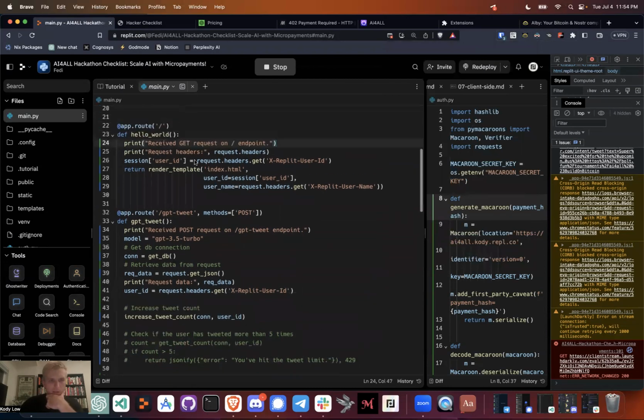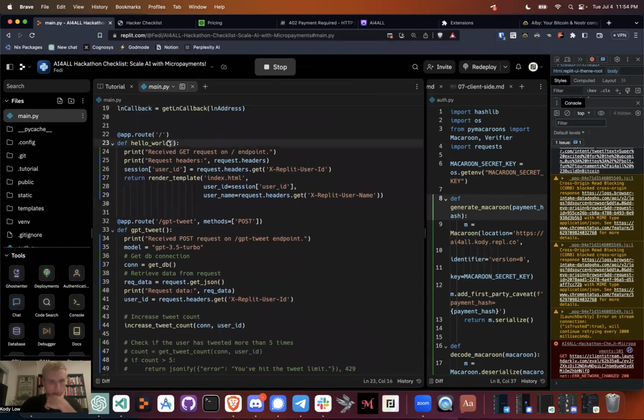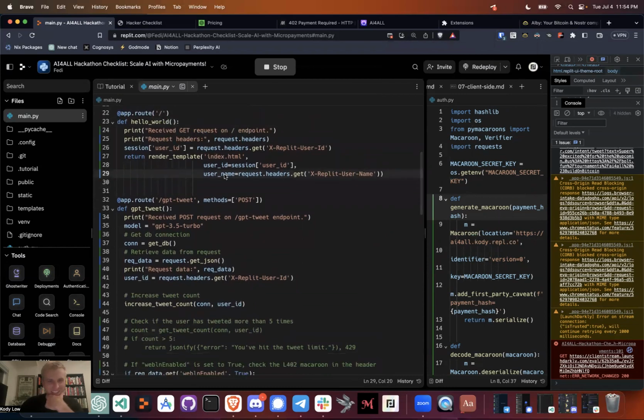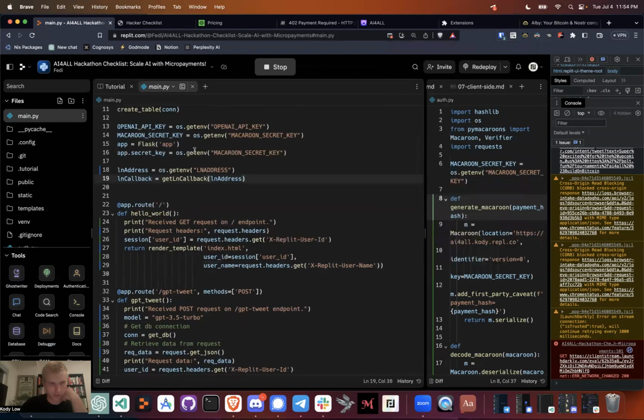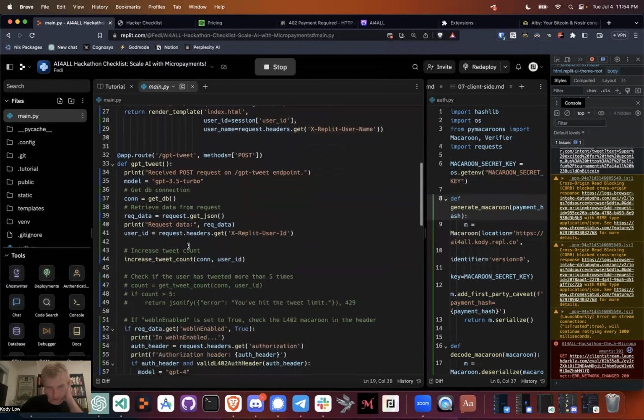And then we've got two routes here. We've just got the home route, which I still haven't changed from Hello World, right? Because which attaches a user ID with a session. When we go over here, right? And then we have